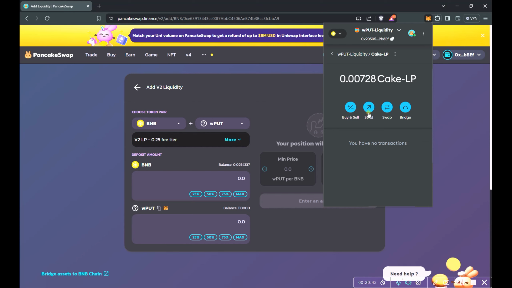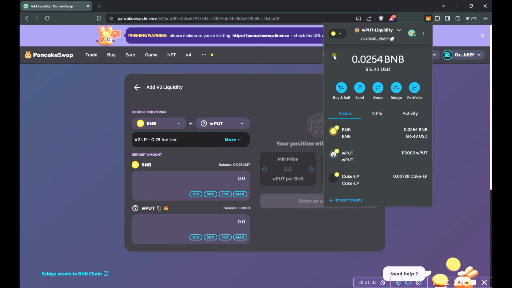As this is a sendable token, as you can see, you also can transfer the ownership of the liquidity provision to another wallet or another person, or to your other MetaMask wallets if you want to maintain it in another browser or another computer. That's really cool that you can transfer the ownership of your liquidity provision by sending all or just a part of your Cake LP tokens, which represent your put-in. Okay, we don't want to send our put-in somewhere. We have made our liquidity provision.